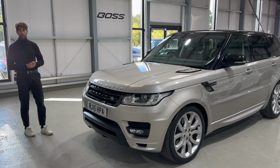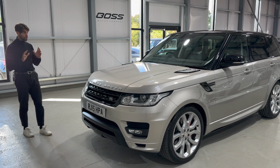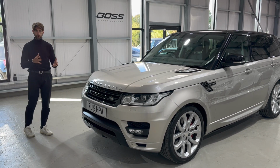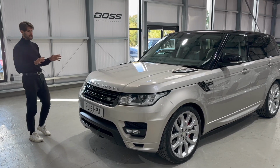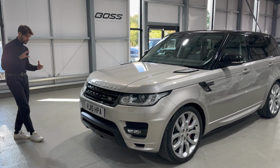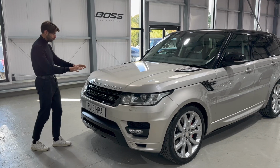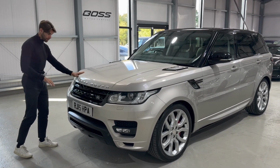What an example. Now, it's in amazing condition, exactly as you would imagine, and it's got a host of extras, but obviously being an Autobiography, they do come with a load of specification to start with. So we'll start at the front end, we'll take you around the car, we'll cover it in as much detail as possible. So that beautiful Aruba metallic paintwork you can see on the bonnet,